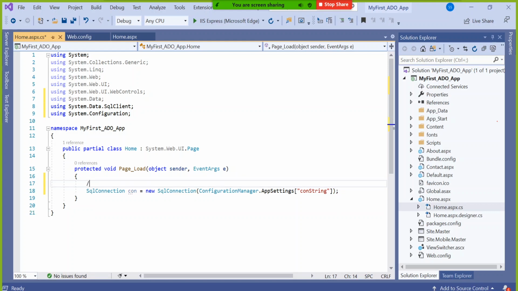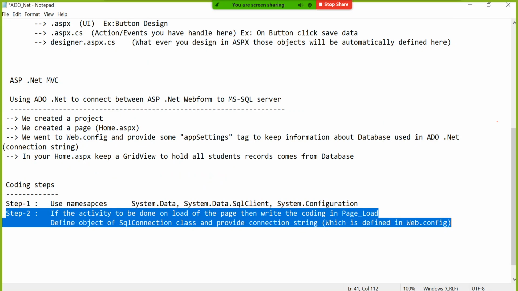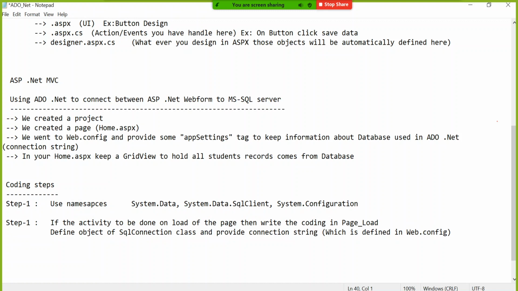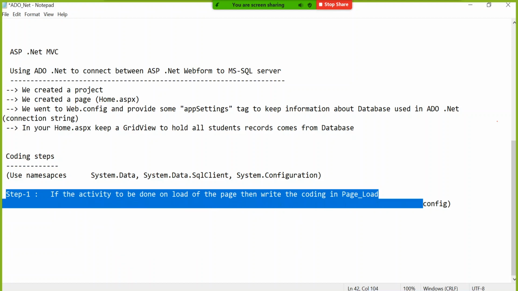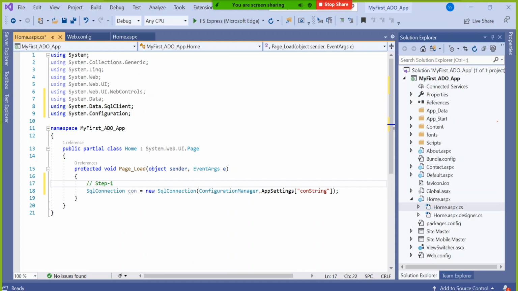So for your better understanding, should I write here step 1? And here I will say this is step 1, and this is not a step, this is general knowledge, because namespace is of course required for any special features. So from the ASP.NET point of view, this is step number 1. This line is step number 1. I will divide it into 4 steps so that it will be easier for you to remember for a long time.